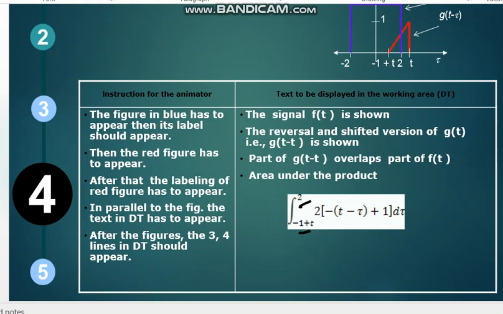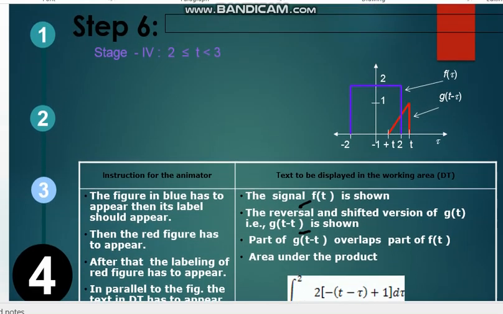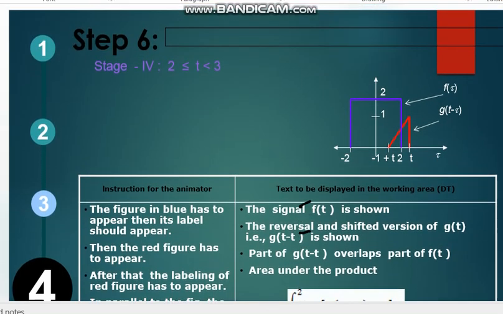Why? Let us go through the part that we have taken in this step, 2 to 3. The maximum time that we will take, as I have told you, is 3. After adding the two ranges, 1 and 2, we will get 3. So 2 to 3.